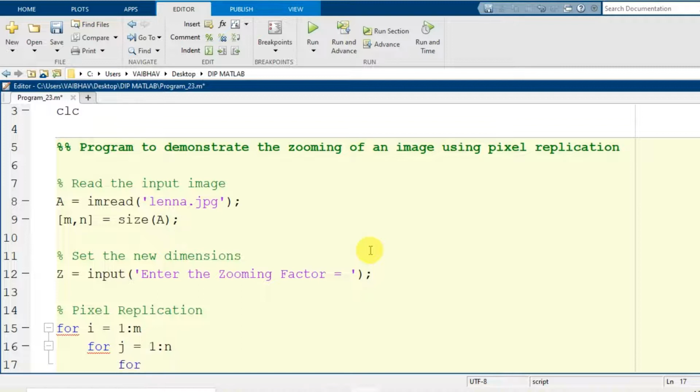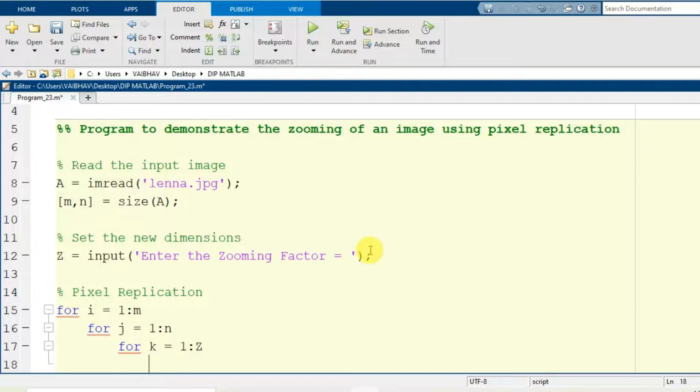Now I'm going to construct a third for loop inside it that will run for the variable k, holding the values 1 to capital Z. Z is the zooming factor, which we will take from the user at the command prompt. This will decide how many times you need to perform pixel replication.